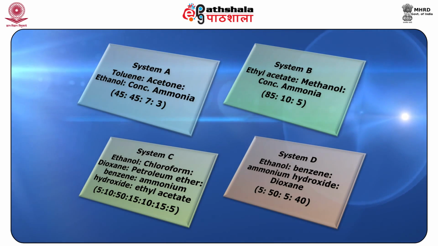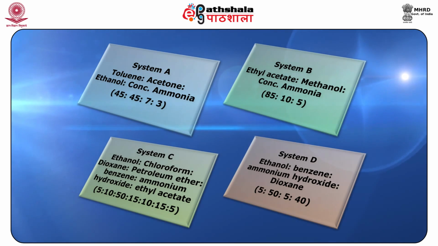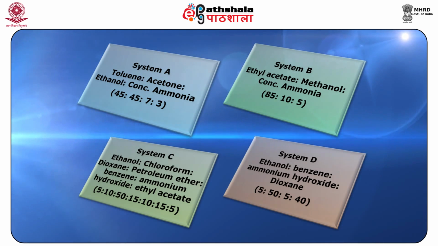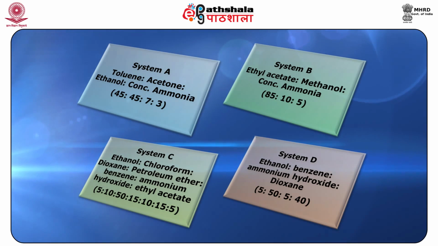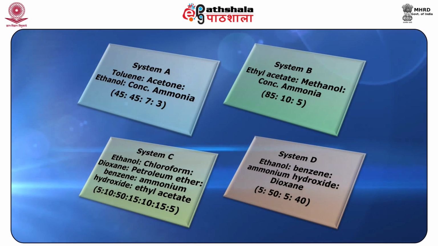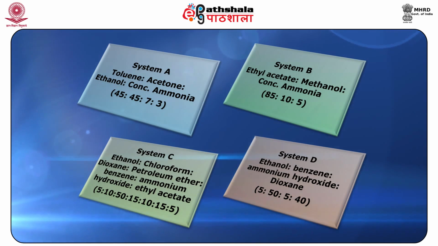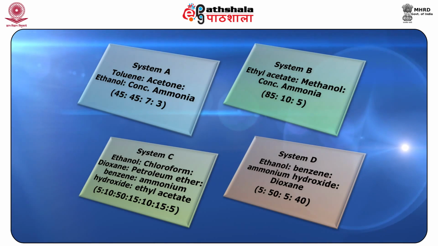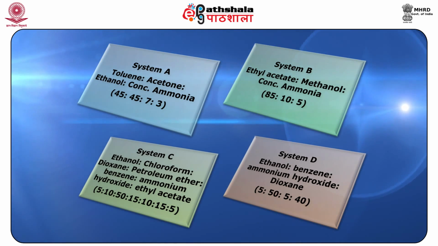Next in system C, we have ethanol, chloroform, dioxane, petroleum ether, benzene, ammonium hydroxide, ethyl acetate in 5:10:50:15:10:15:5 ratio. In case of system D, ethanol, benzene, ammonium hydroxide and dioxane will be in